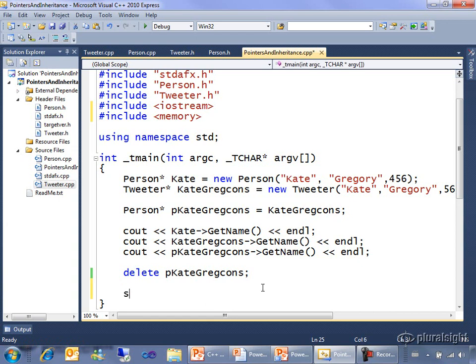So let's make a shared pointer of person. We can call it shared pointer to Kate. And there's a couple different ways. We used make shared in other demos because we weren't declaring and initializing the pointer at the same time. Here, I can, if I wish, simply new up a person and put it in here,